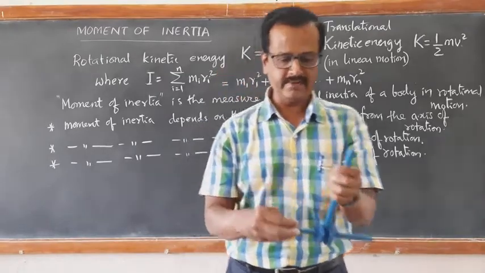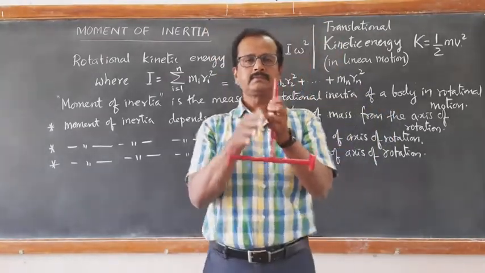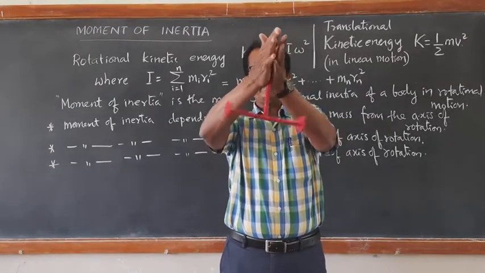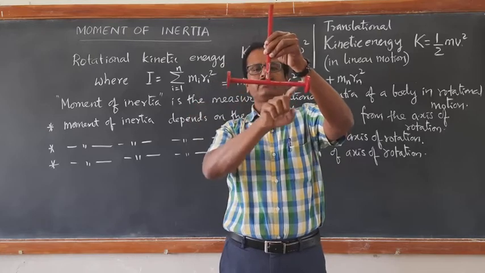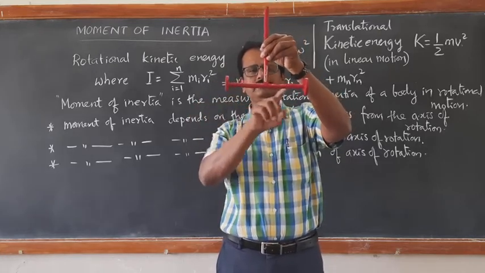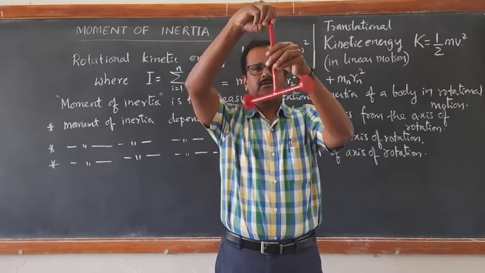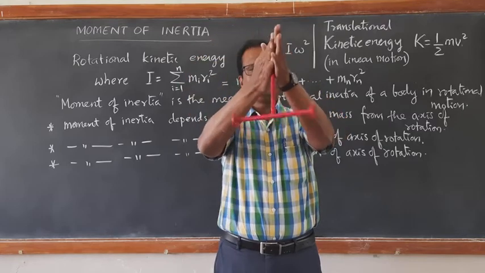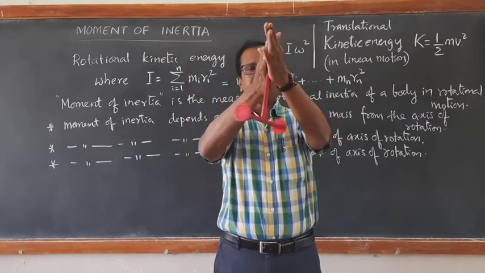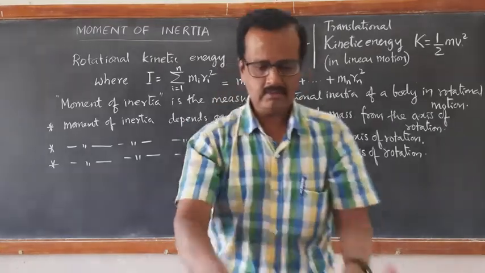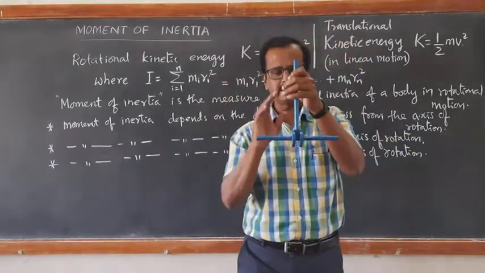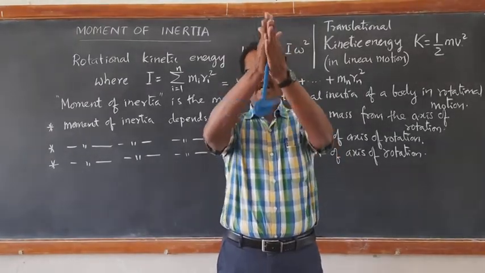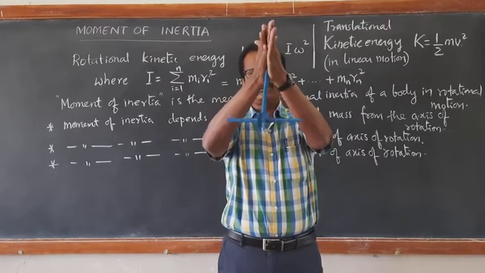See here, first I will rotate this. You can just see how I am rotating. I am rotating about an axis passing perpendicular to this bar, holding these two discs, rotating like this. So you can see it is not so easy to rotate. It is a little bit difficult to rotate. Okay. Now I am taking this one. Here also it has the same mass, same weight. I am trying to rotate it. You see how fast it can be rotated. It's very easy to rotate.